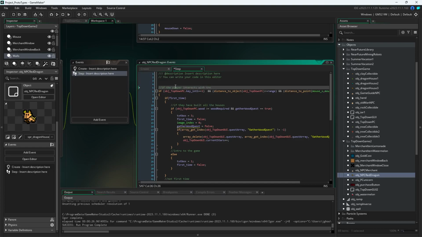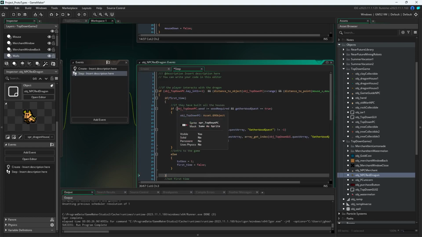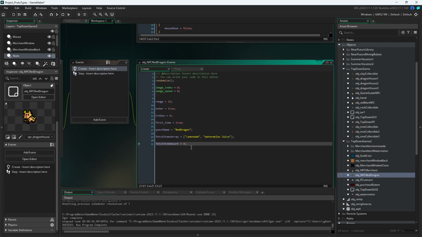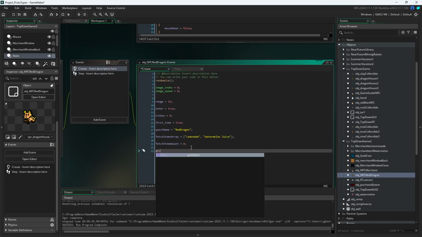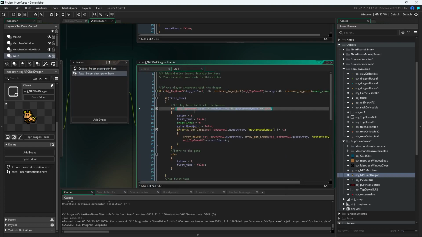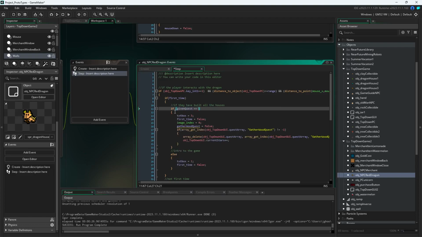interacts with the dragon, we're gonna check if it's their first time. We're gonna check if their quest is equal to true. So we're gonna say given quest is equal to false. All right, and we're gonna get rid of this. We're gonna say given quest is equal to false. So basically, if the NPC has not given their quest yet,